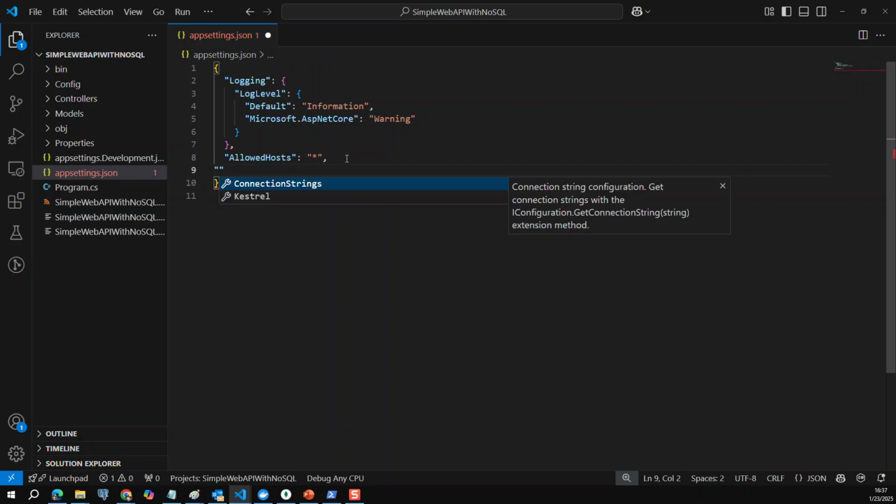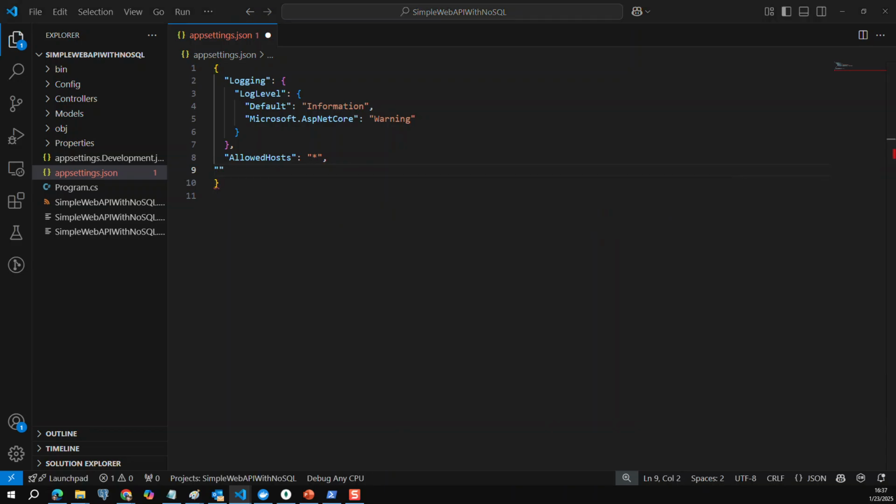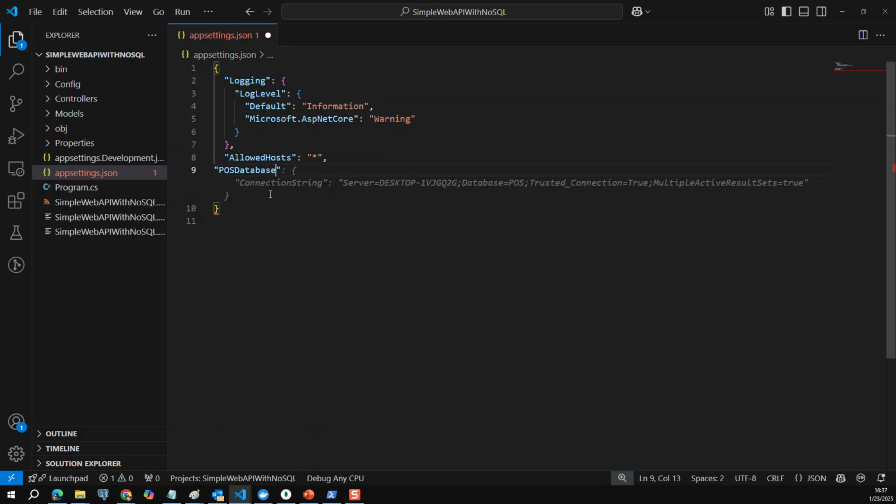At this time, I will create the JSON key name. The name is, I will define the name POSDATABASE. I will define it like this. So in that, I will create